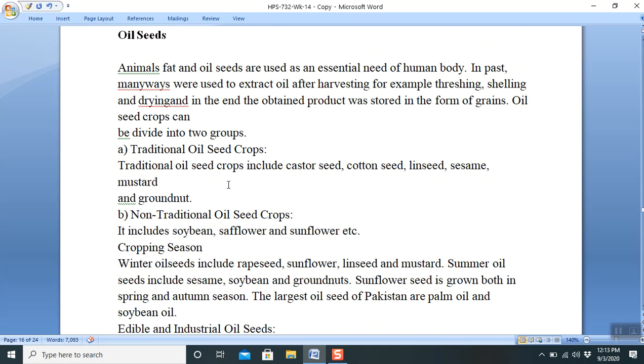Oil seeds are really a very important part of our diet. It is long ago when people would use animal protein like desi ghee and other things to cook their foods. But now, as the population has increased and the consumption of meat and dairy products has increased, thereby oil seeds